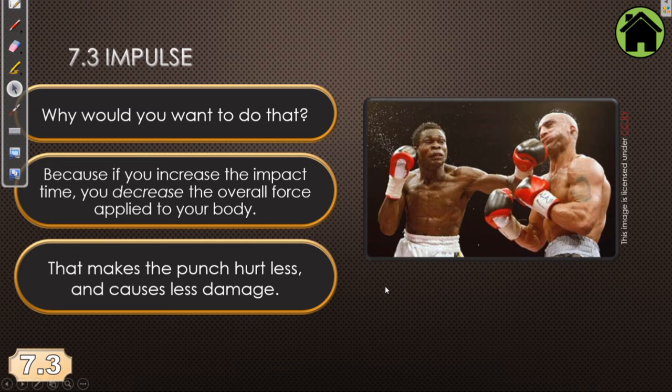This is a similar rationale for why you want to use a parachute when you're jumping out of a perfectly good airplane. You see, if you hit the ground without a parachute, then you will be going through a large velocity change in a very short time. But what a parachute does is it causes you to go through a large velocity change, but over a much longer period of time. So by the time you hit the ground, you've already bled off most of your momentum in a long period of time, and you can land safely without serious injury.